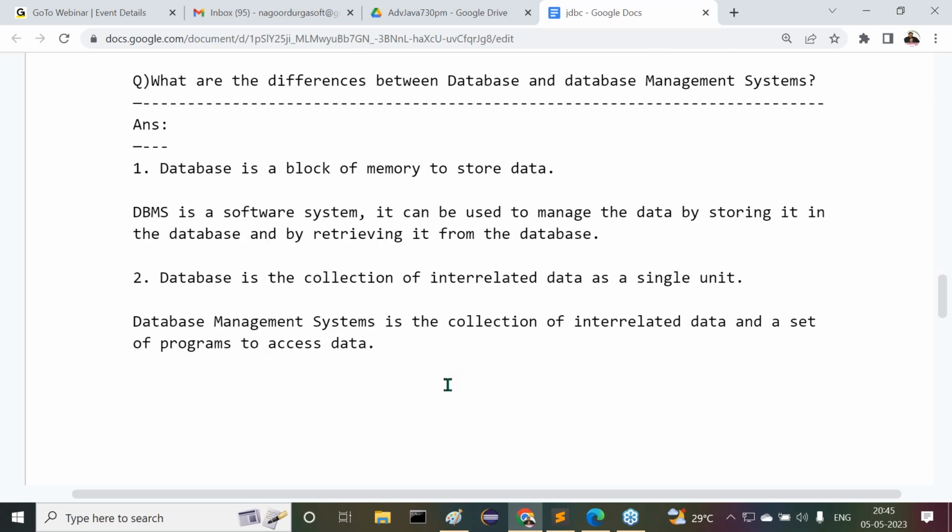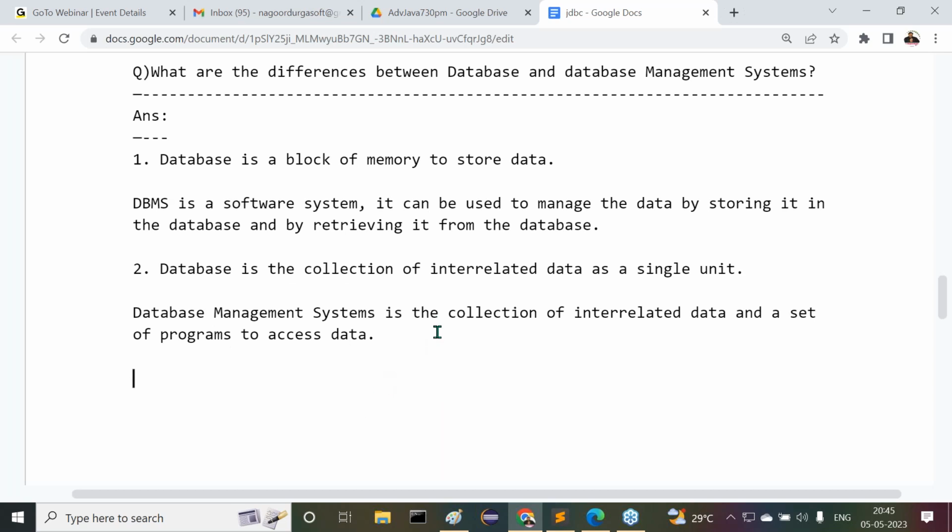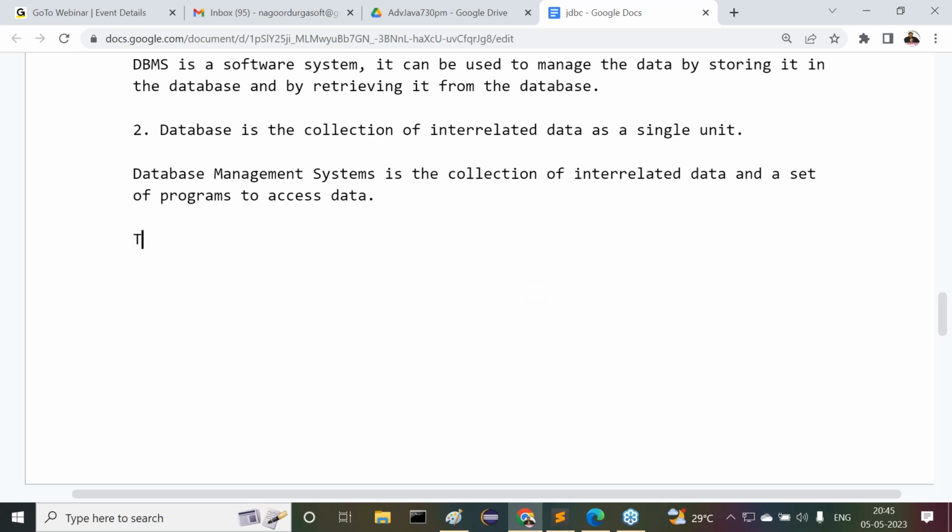Right, sir. Then, how many types of database management systems are available? There are three types. Of course, more than three types are available here, but from an example point of view, I'm taking three types of database management systems. Frequently, what we are going to use, that one all I'm giving there, but different types are available. First one is what there,